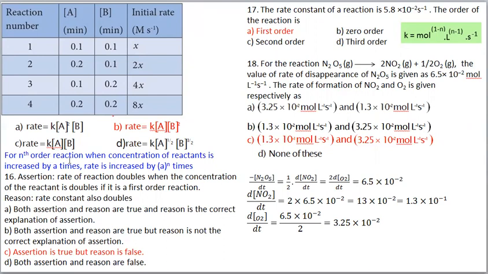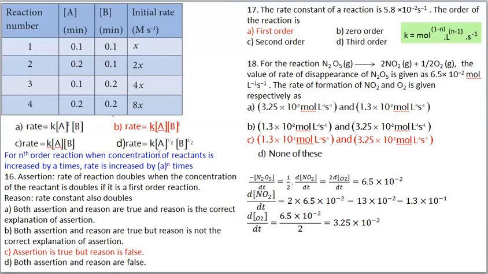So you see here, for an nth order reaction, if the concentration of reactant is increased by some times, here 2 times, then the rate is increased by how much? A to the power n times. Instead of A, we can write now 2, since the concentration is increased 2 times. So the rate is increased by, here we got 2 times only. How will we get 2? If n is equal to 1, then only we will get 2. 2 to the power 1. Okay. So n is equal to 1.